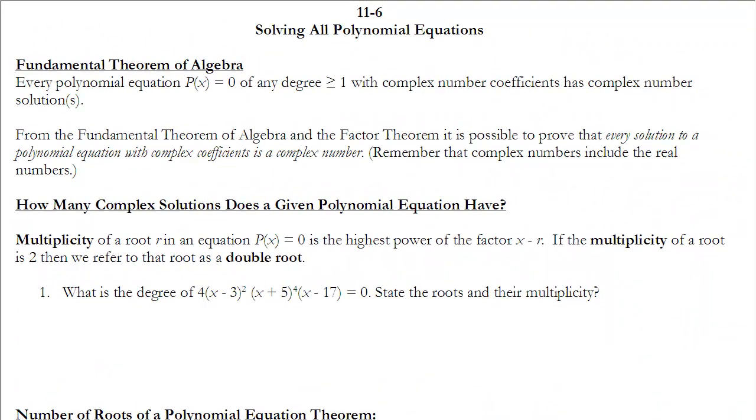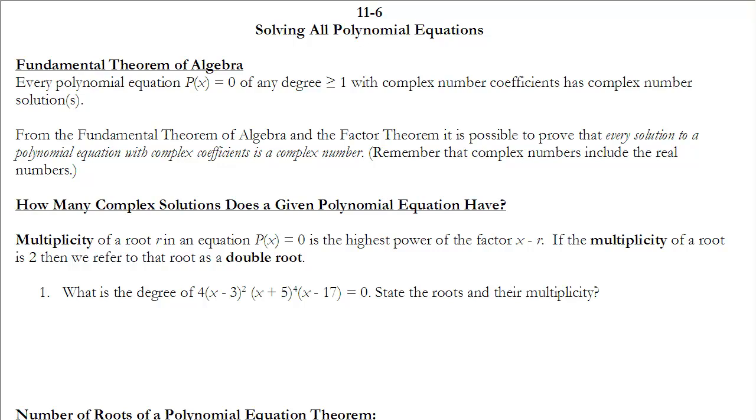These are the notes for 11.6, solving all polynomial equations. If you haven't done so already, make sure you pause the video at this time and read section 11.6 before continuing on. So to begin with, we're going to look at the fundamental theorem of algebra, which states that every